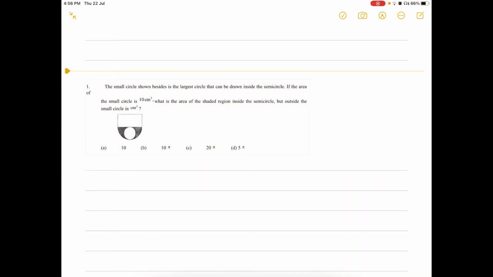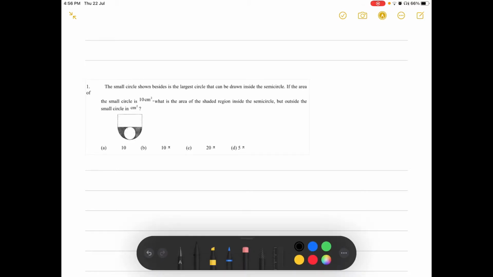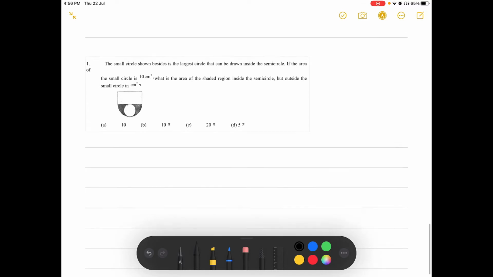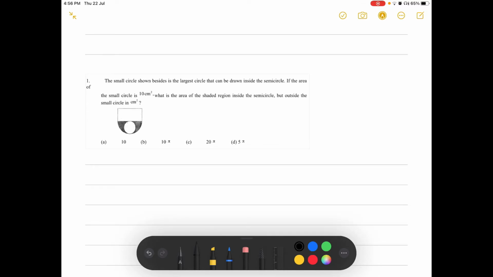This time we will be dealing again with circle problems, but in a different manner. This time it involves the area. It's a very easy question. It's only the thought process that matters over here and how you decode the information given. It does not involve much. It only involves the area of a semicircle and a circle. So what does the question say?